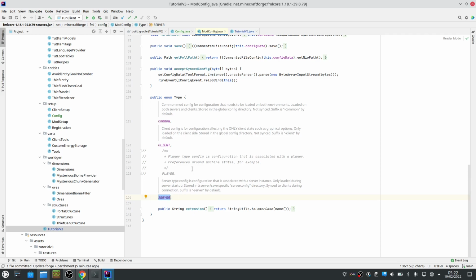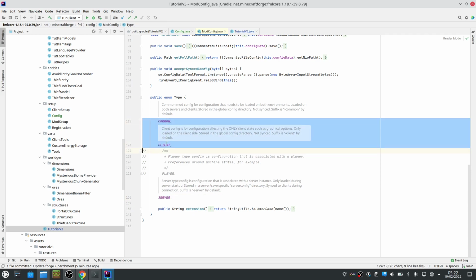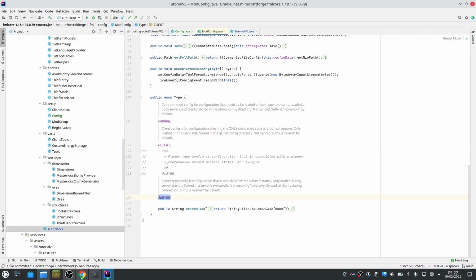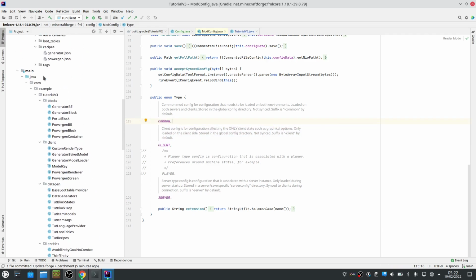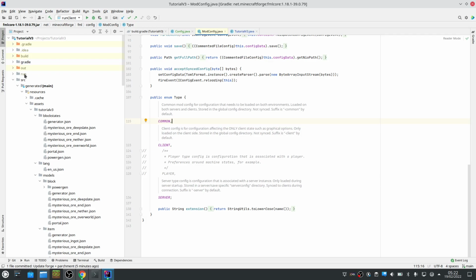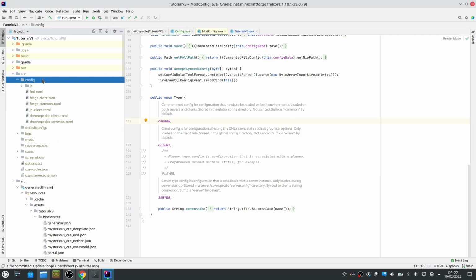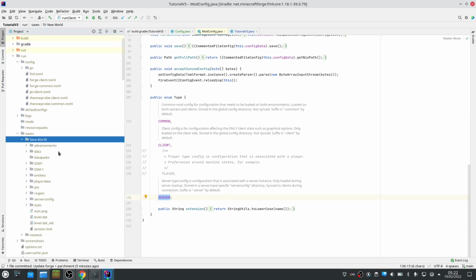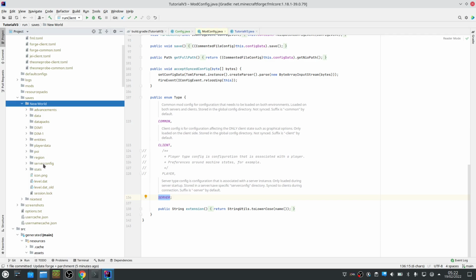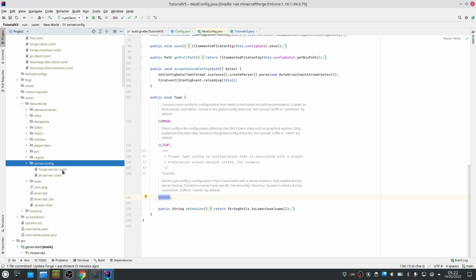It's important to note though that there's a very important difference between these two and this one. These two are stored in the config folder. So if you go to your Minecraft instance, these will be stored here, while this is stored in every world in here. So that means that every world has its own version of server configs, which is very useful because